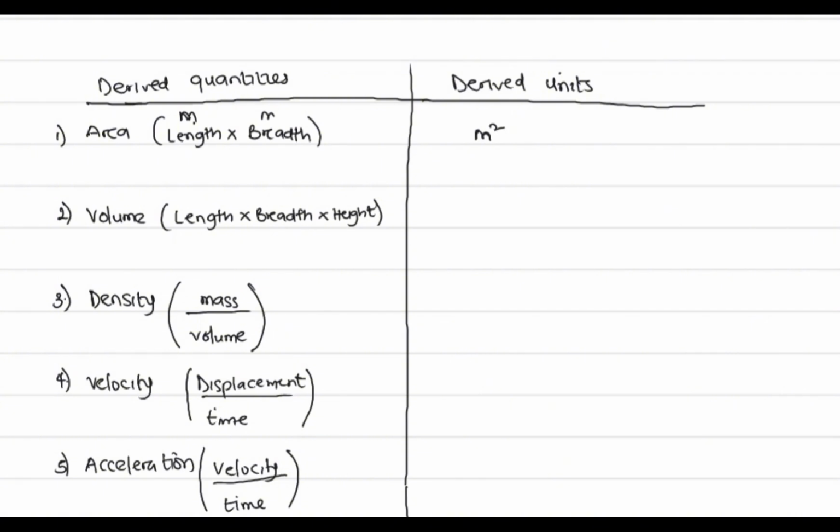So we also have volume. The unit of volume is m, m, m: length times breadth times height, and all of these are calculated under the same thing. So we write it as meter cube. Density, what's the unit of density? Mass is kilogram, so kg, and volume is meter cube. So at the end of the day, we have kilogram all over meter cube, or by indices, we can write kilogram, and the meter cube comes up to become m raised to the power -3. This is one of the laws of indices.